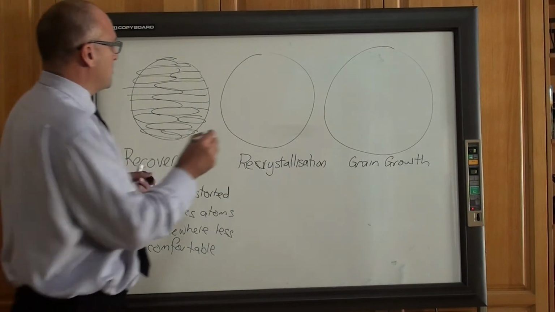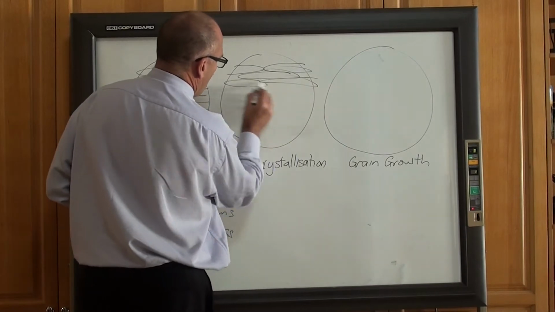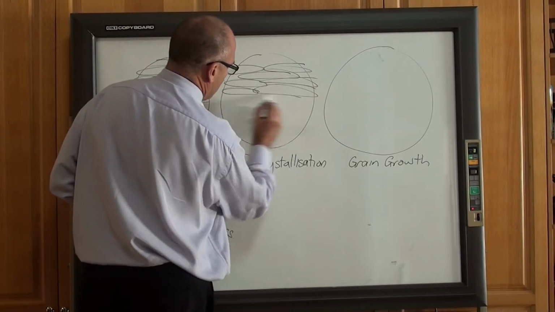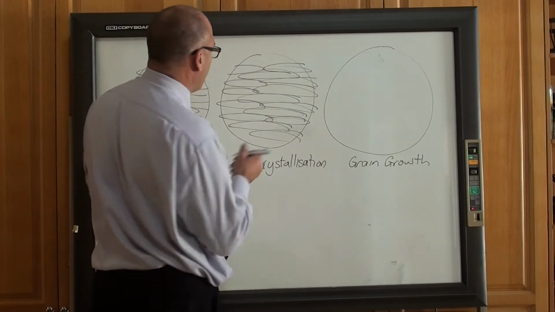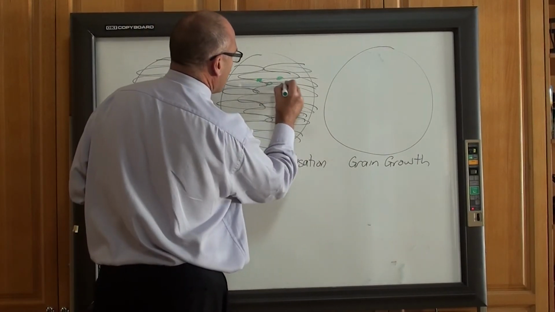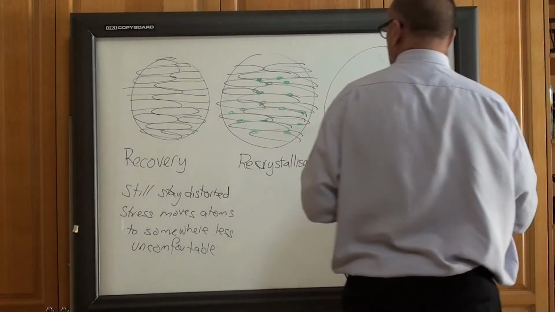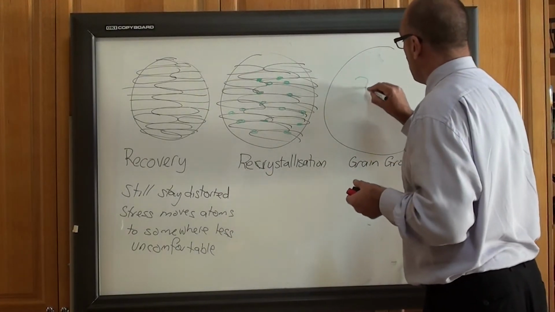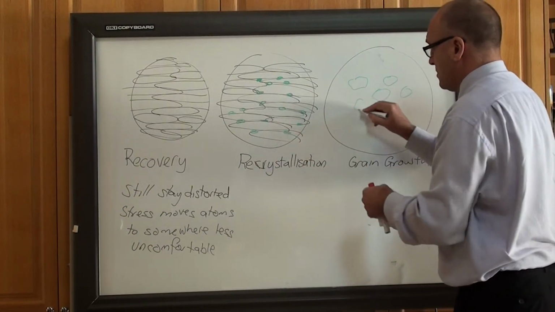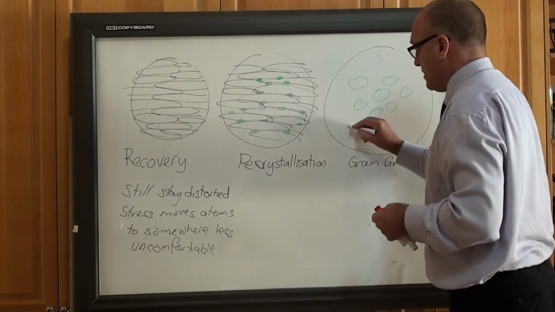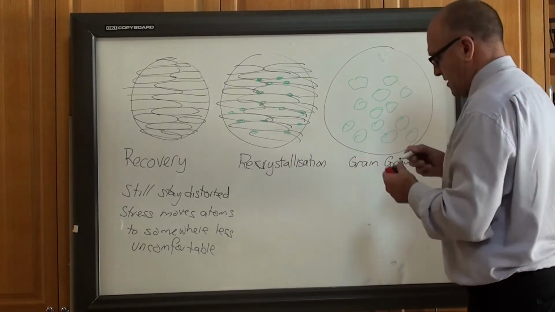When it gets to recrystallisation, I'll draw the new crystals in green. What happens at the grain boundaries and at points inside the metal where it's got high energy, new grains start to form, like that. Then grain growth is exactly what it says. Those grains grow bigger. There's two there, two there, two there, one there, 1, 2, 3. So those grains grow bigger,